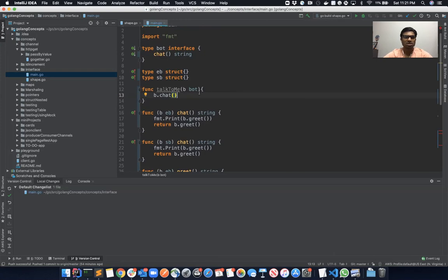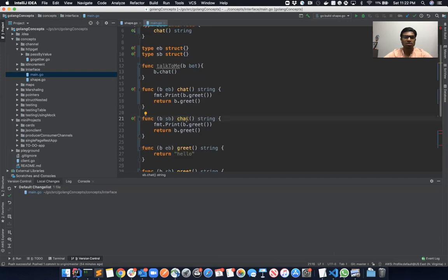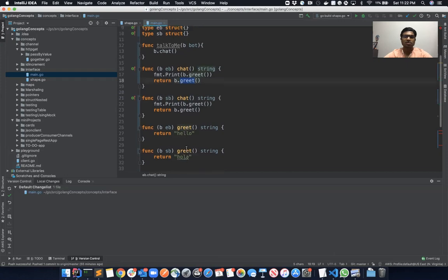So once it chats, this thing is the bot. So whatever is the implementer of bot, we are running the chat method inside it. And the chat method has been implemented by both the English and Spanish bot, and this is internally returning the internal